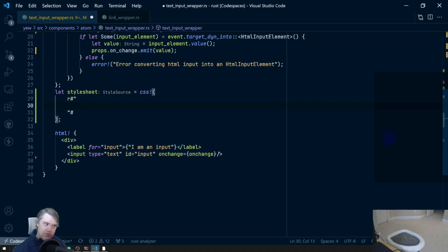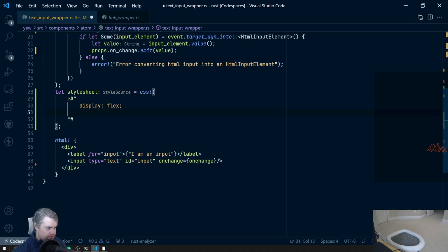So to do a column, we're going to take this div and make these display flex. Then I want flex direction. Flex direction is